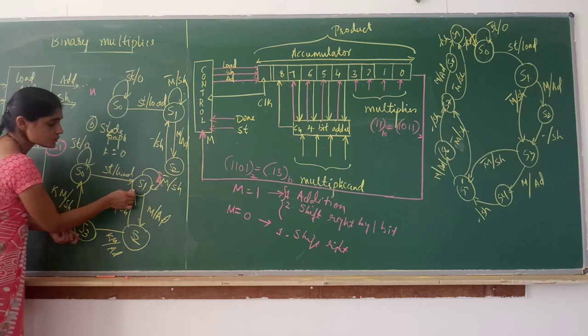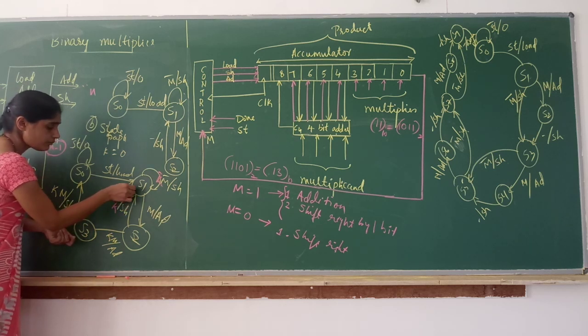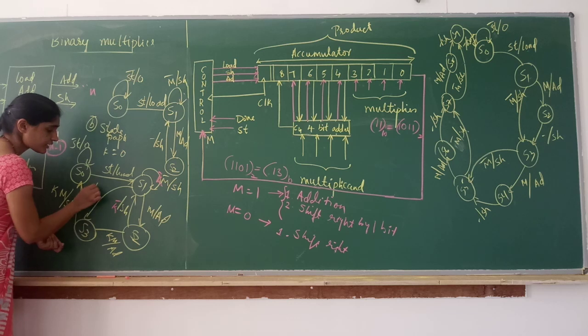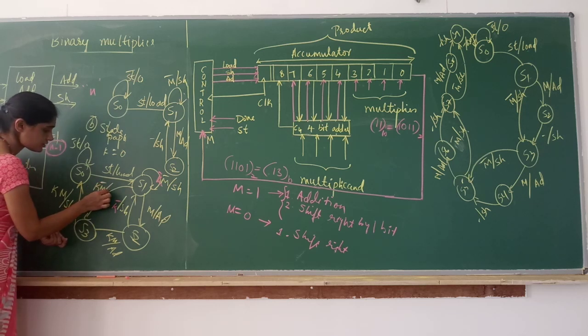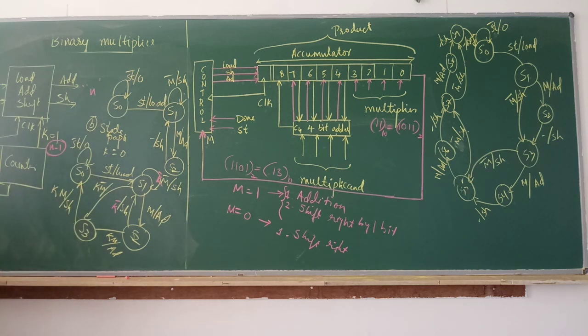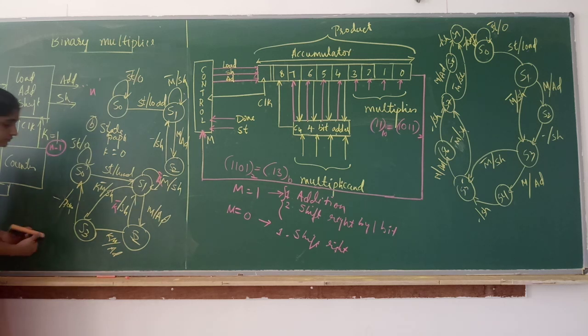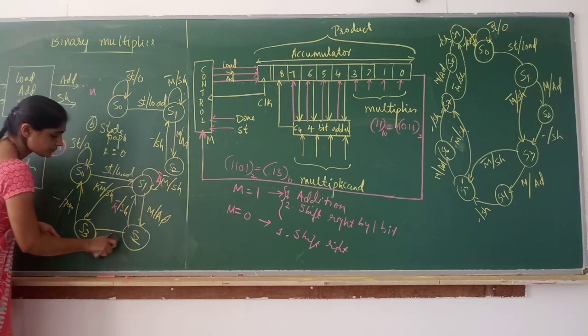Assume it is in state S1. Now k will become 1. If k is becoming 1 and m is 0, in the final step it will just shift. Right? Yes, shift. I'm sorry, this is the done signal. No, this is done. Finally, it will be done. Just a minute. Yes, correct. So let me repeat.